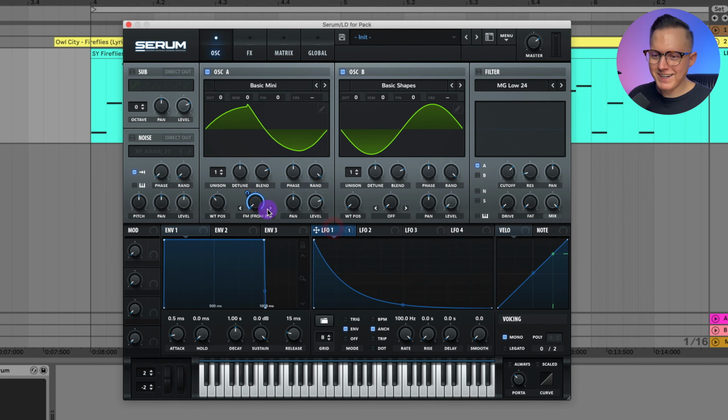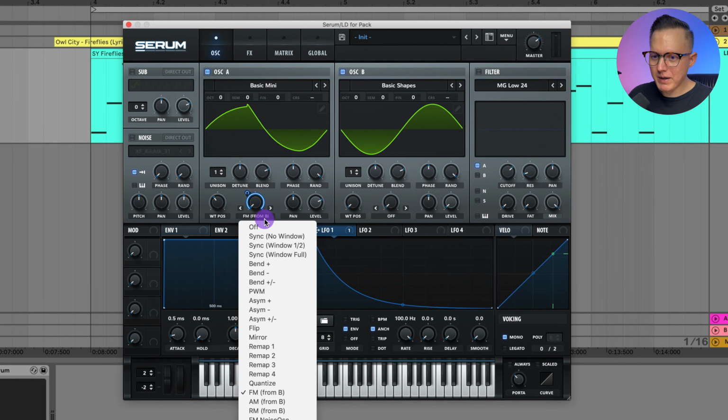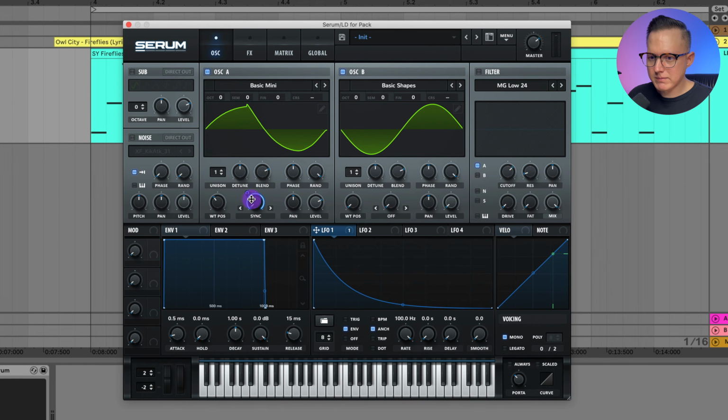So then I decided, well, maybe it wasn't just doing an FM. So then after the FM, I went to sync. And now we can check out sync. And let's go and turn off oscillator B. We're not even using that. And if I play around with this rate,